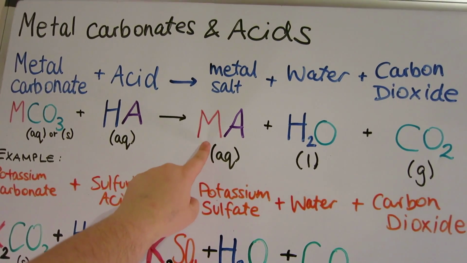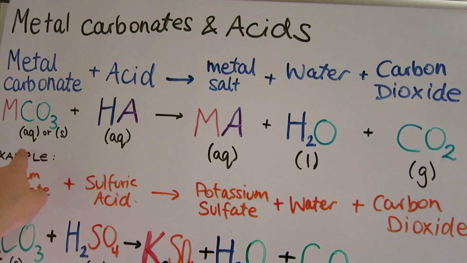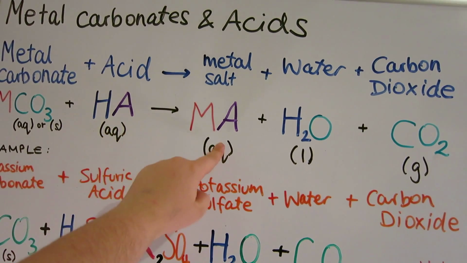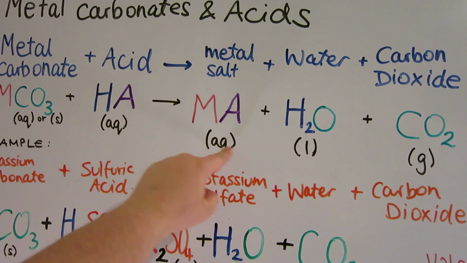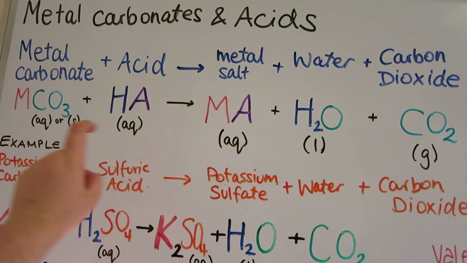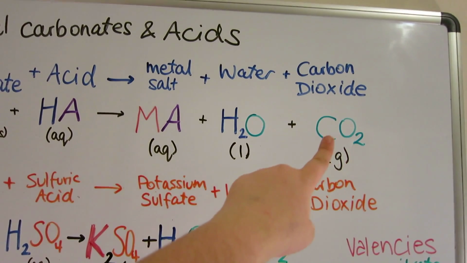So we have our metal salt, and the hydrogen comes from the acid, the oxygen from the carbonate, and our carbon dioxide